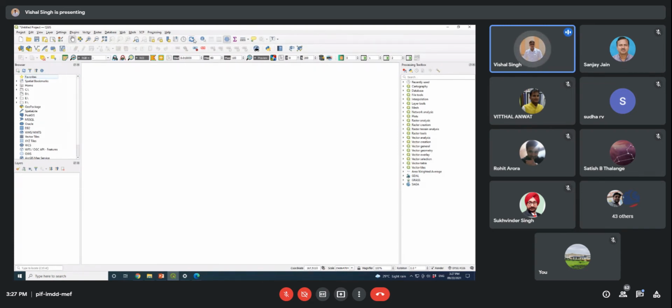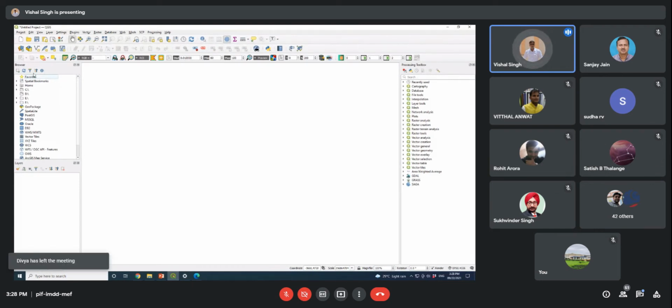So some of the open tools are there, and here at the top you will see some functions. We will explore one by one each of the functions, what kind of tools are associated with each function, or we can say each module. These are the broad modules, and inside each module you will find a number of functions. Each function can be utilized for different applications in this environment.